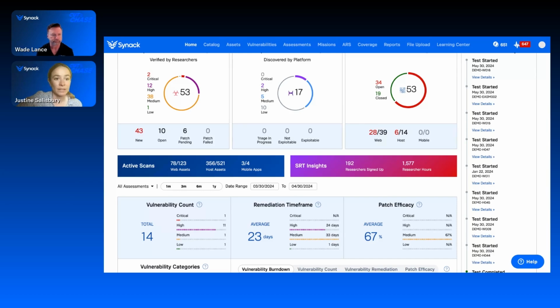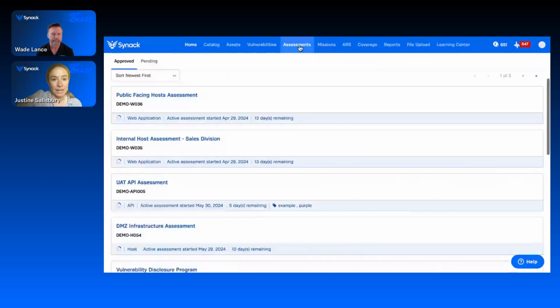So you get the advantages of bug bounty of having a lot of different diverse talent with various TTPs testing your environment, but you don't have that unvetted nature. The researchers who are testing have been vetted both for trust and skill, so you know that you can trust them. And then on the assessment side,